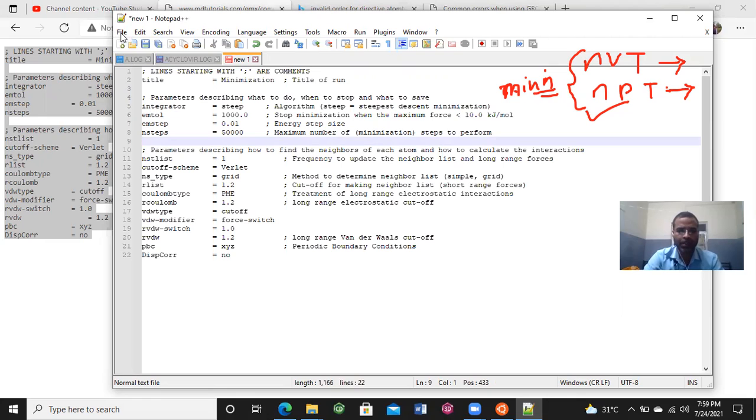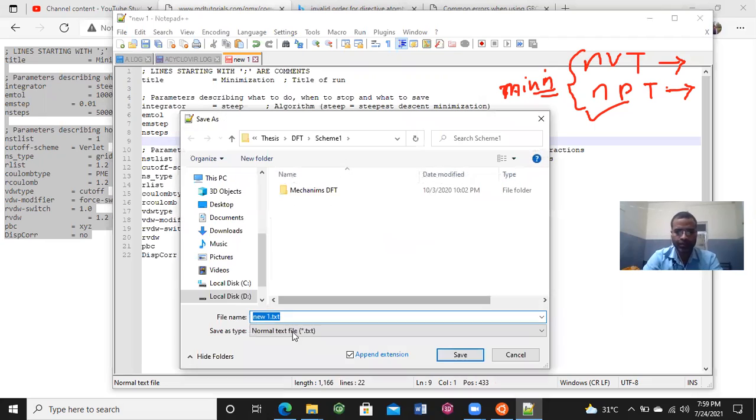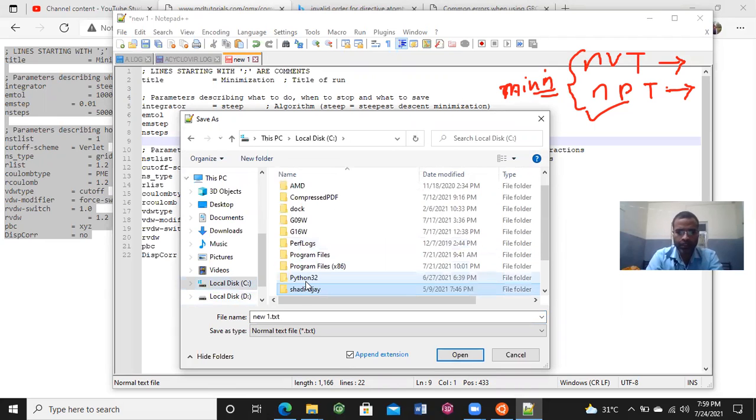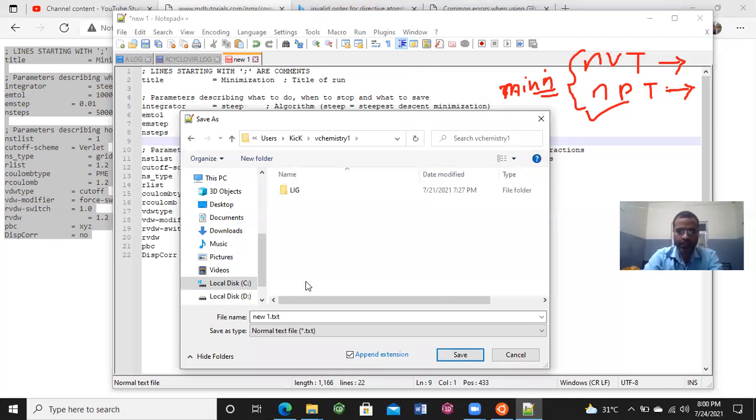And we need to again save as, saving to the desired location, that is C, users, public, and V chemistry 1. Here we need to change it, and the file name will be em.mdp.